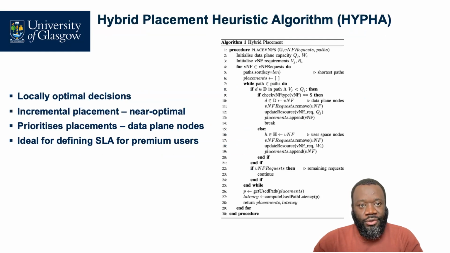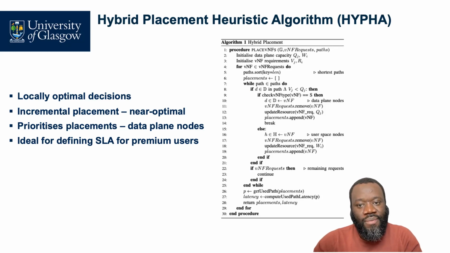The heuristic algorithm is pretty straightforward, as you can see from algorithm 1 here. It makes locally optimal decisions and incremental placements, which are near optimal, and it prioritizes placements on data plane nodes. That makes it ideal for defining SLAs for premium users, because it's able to reduce the number of latency violations, which we're going to see in subsequent slides. That makes it ideal for network operators trying to minimize latency violations based on service level agreements. The idea of locally optimal decision making also makes it place network functions faster than the ILP